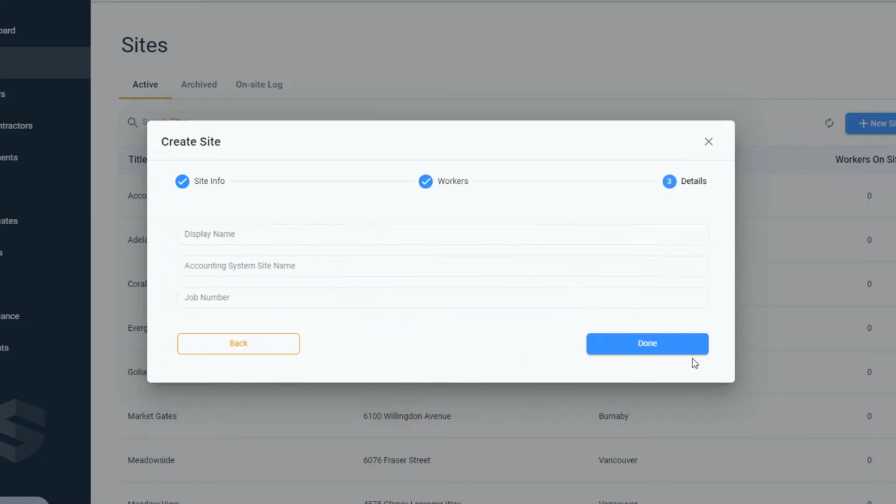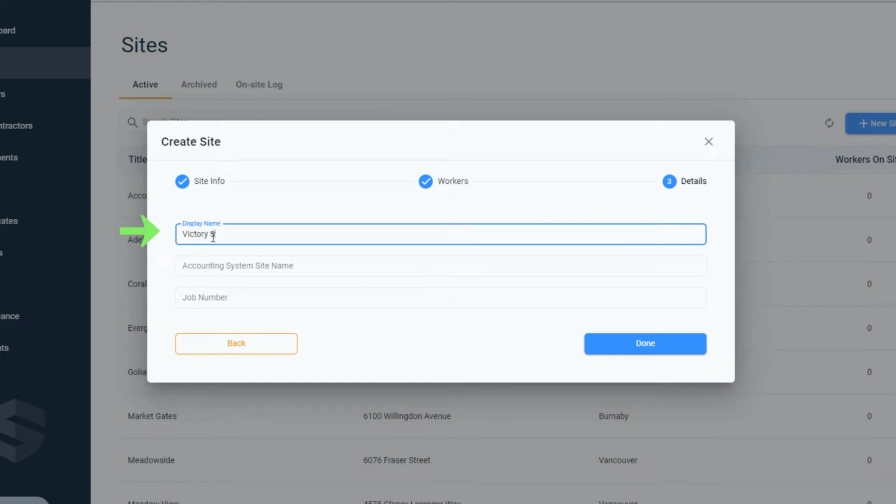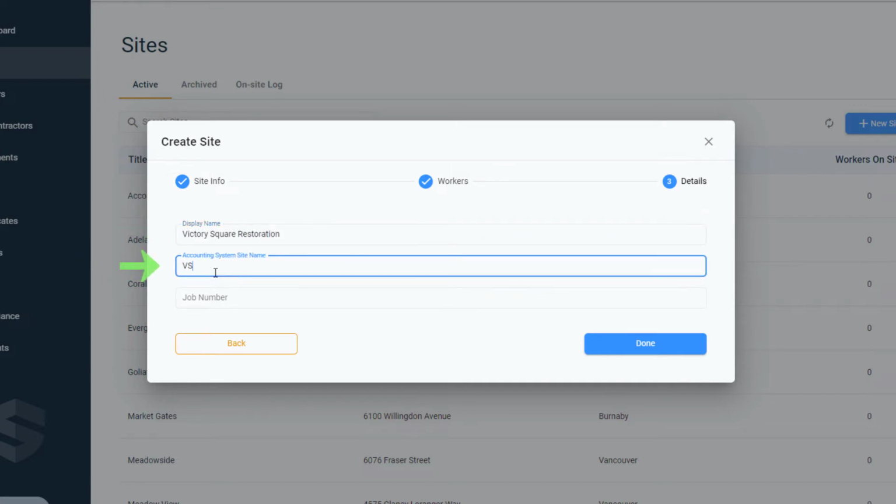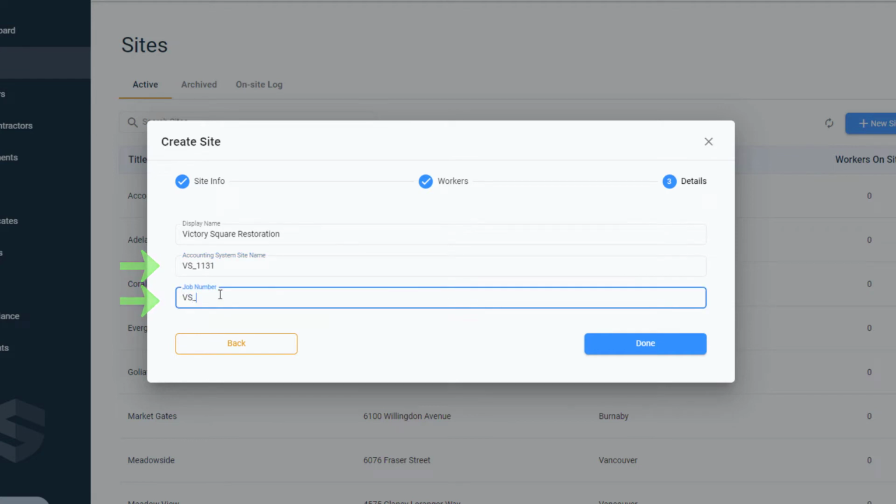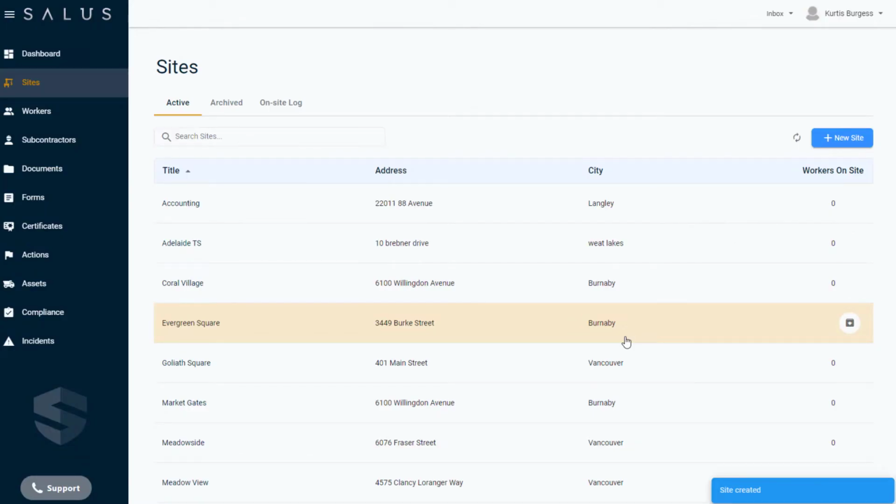Clicking Next provides optional fields which allow you to input more details for the site. The display name will be what you want your workers to see on SALUS Mobile. So if there's a name that's more meaningful, you can change the display name here. If you have an accounting system site name or a job number, this is the area to fill in these details. Clicking Done finishes the process and creates your site, which you can find when you search for it in the